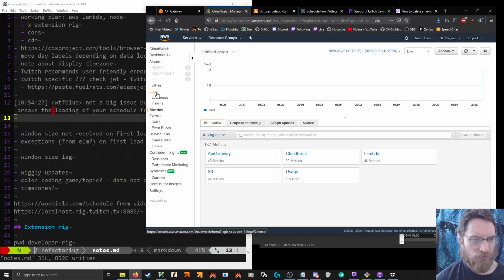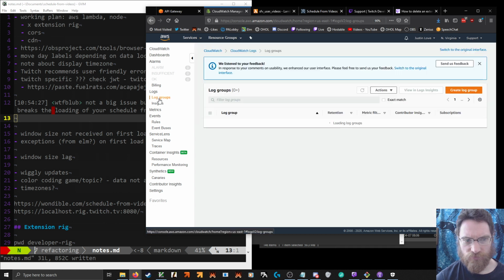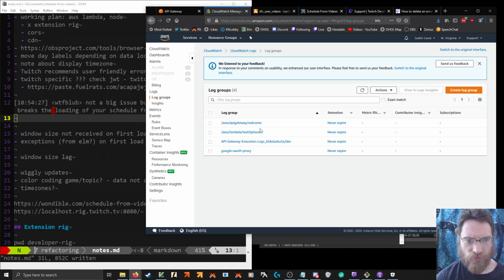Metrics. API Gateway, lambda test. Execution logs dev.